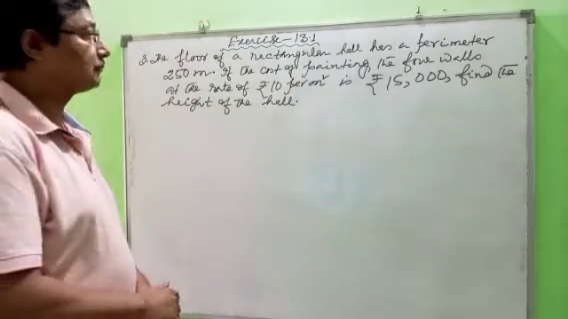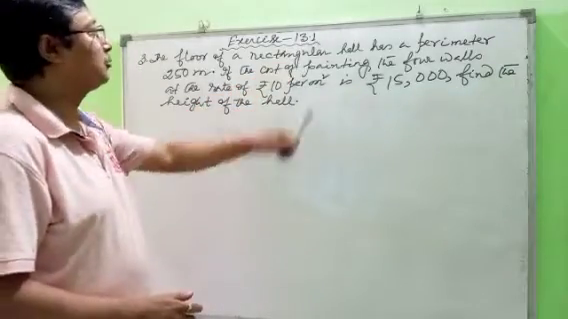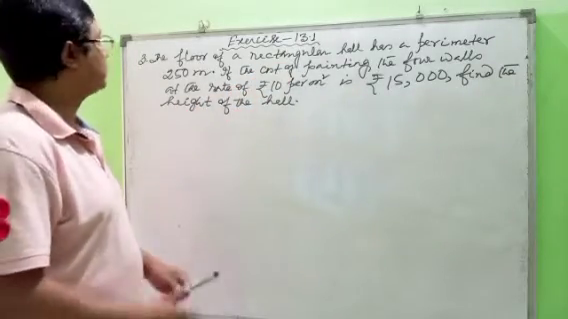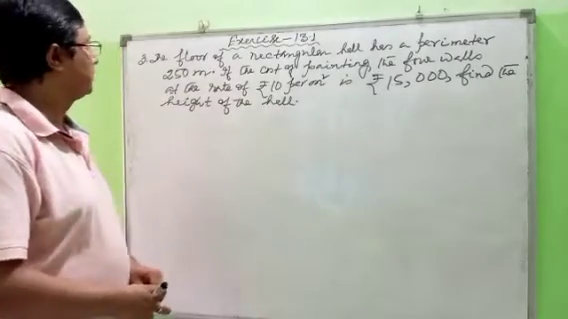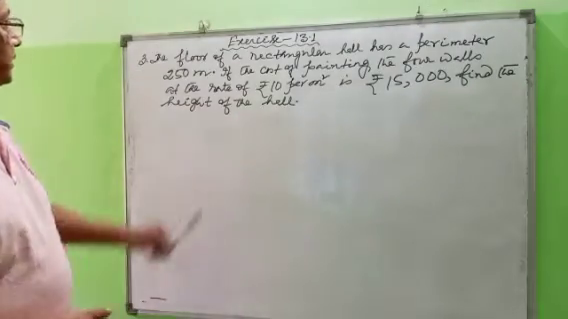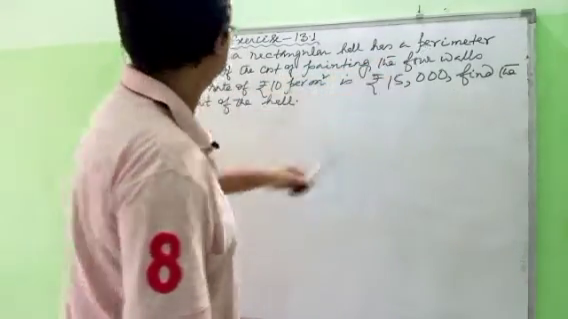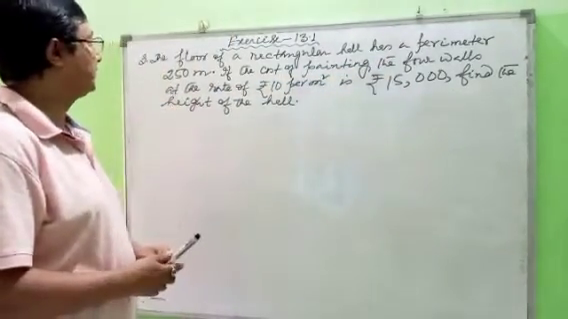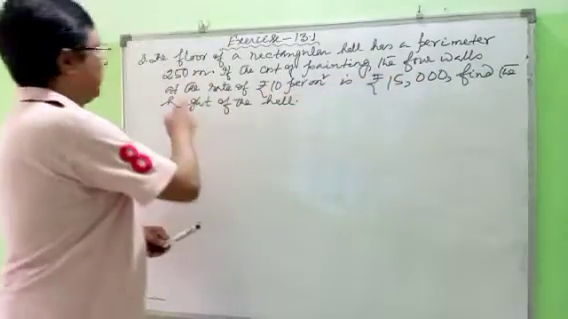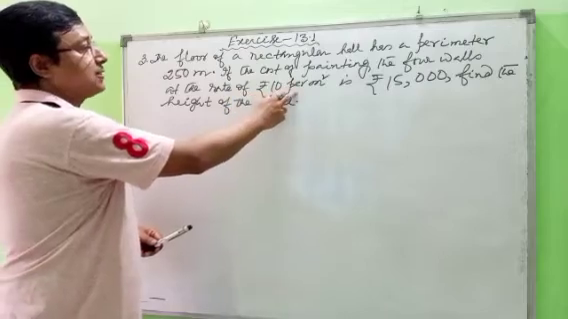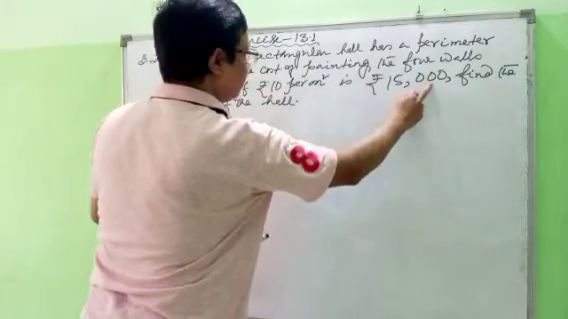Alright children, good morning. So today again exercise 13.1 question number 3. You have done question number 1 with its formulas in the last class. Now today question number 3. The floor of a rectangular hole has a perimeter of 250 meter. If the cost of painting the 4 walls at the rate of ₹10 per square meter is ₹15,000, find the